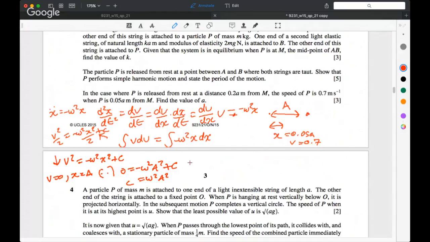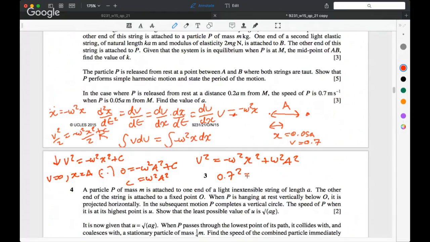And now using that information, we can find a, because we know v squared at a specific point. We know omega squared. I think we figured that out. We know the x squared value. And we have the a value to start with. The only thing we don't have is the a. So we just put in all the numbers. I think we get 0.7 squared equals,